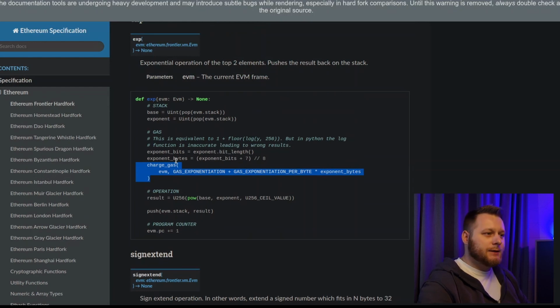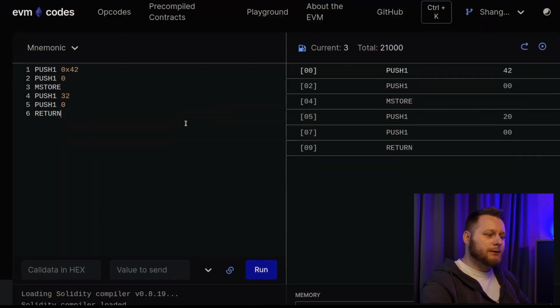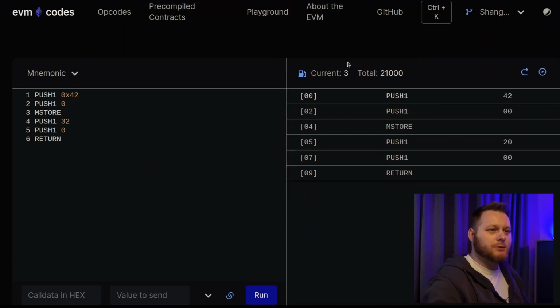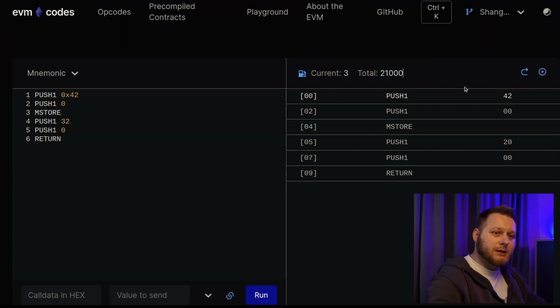One thing here, you see that gas is charged with every operation. So let's say that we have the easiest contract and we set our gas limit. You can see here that the gas consumed for the current instruction is 3, so it's for pushing 1. And our total actually does not start from 0 but 21k, because this is the amount of gas that you are charged just for sending the transaction. This is the base amount of gas that you have to pay just for sending the transaction, and then with each new opcode that we are executing, the gas is added